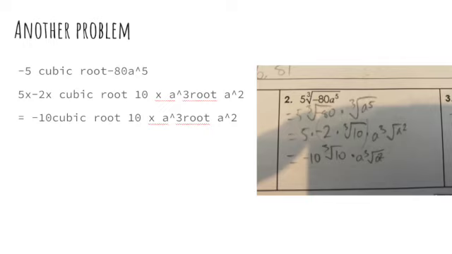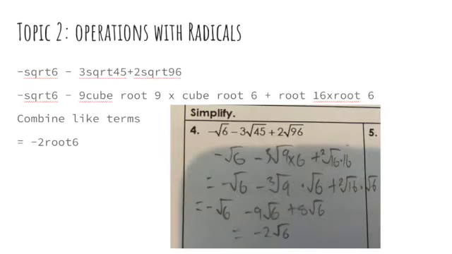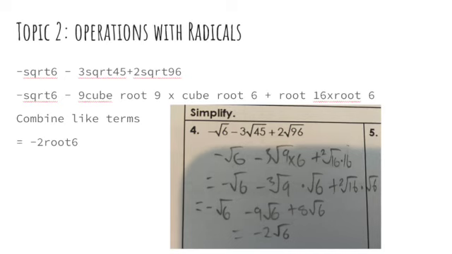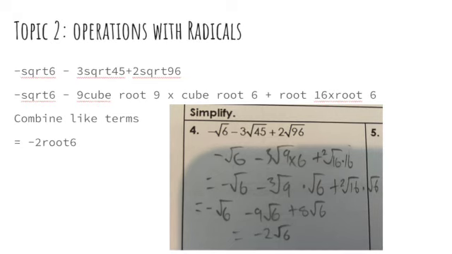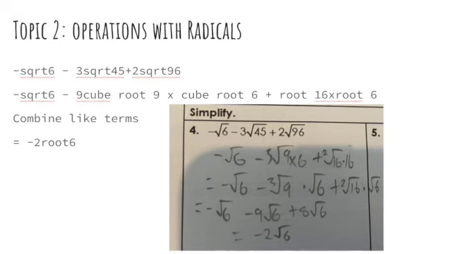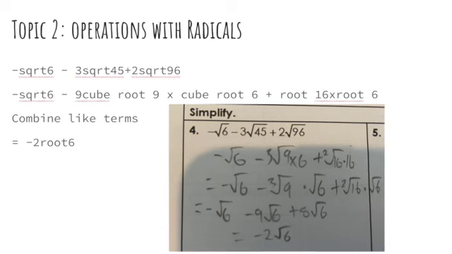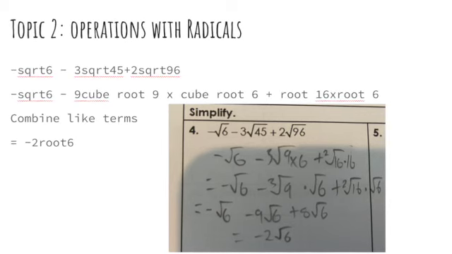Okay, we have topic 2 now. It's operations with radicals. The very first problem would be negative square root 6 minus 3 square root 45 plus 2 square root 96. So the second step would be to